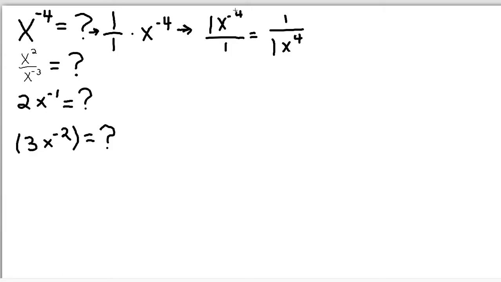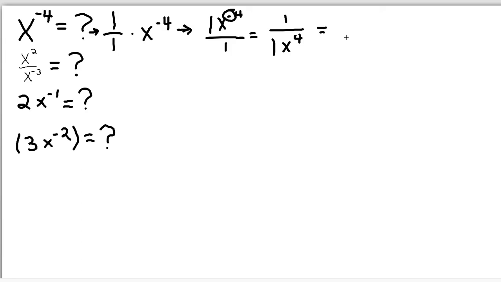But keep in mind, one of the primary reasons that we did this was to get rid of this. We wanted to get rid of the negative. So whenever you invert a fraction, anything that is in the top of the fraction or in the numerator, once it moves to the denominator, you lose the negative, let's say. So it turns positive. And I can make a video later on about that, but right now you're just gonna have to trust me and believe that that's one of the rules. It's a basic rule, but I'll do another video later to go more in depth about that rule. So for right now, we have 1 over 1 times x to the 4th,